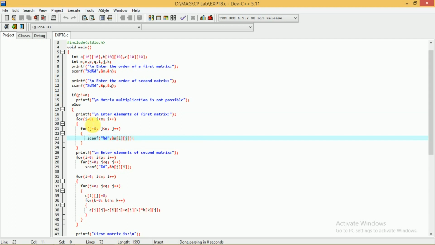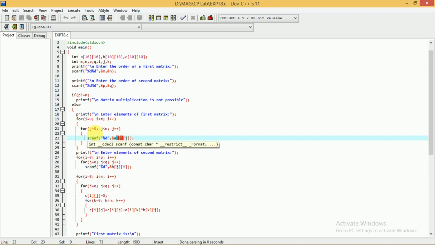Consider the same thing as the example I told. For i equal to 0, first it will read the first row. So when i equal to 0, the j value will range from 0 till n minus 1. When j is equal to n, the condition becomes false. It will go back here, and i will be incremented by 1. Now i is equal to 1, the second row. In the second row, again you have to read all the elements. So once again j will start from 0 until n minus 1. This continues until i is equal to m. When i is equal to m, the condition becomes false, and it will come out of this particular loop.